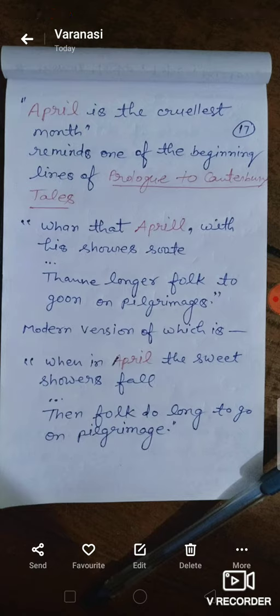Here we see that the people are becoming more materialistic. The need of rejuvenation is there, that Eliot seeks. So this is how, when we are aware of allusion, we can connect the text in a better manner.